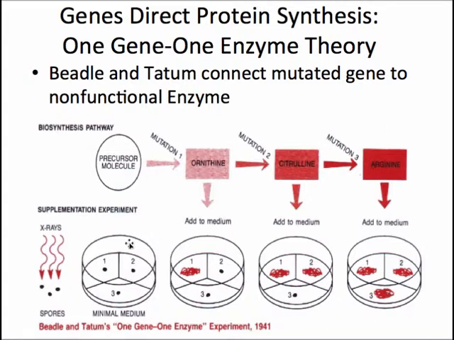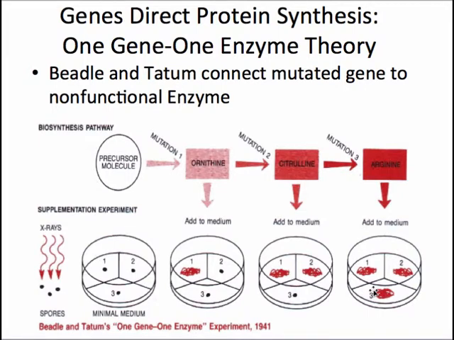And so what they did was take bread mold spores and irradiate them with X-rays. And those X-rays caused mutations in the DNA. And then they tried to grow the spores on minimal medium that was missing molecules for making arginine. And they isolated four different colonies that had a mutated gene for part of this biosynthesis pathway. And what they found was that they could add back precursor molecules if it was a step